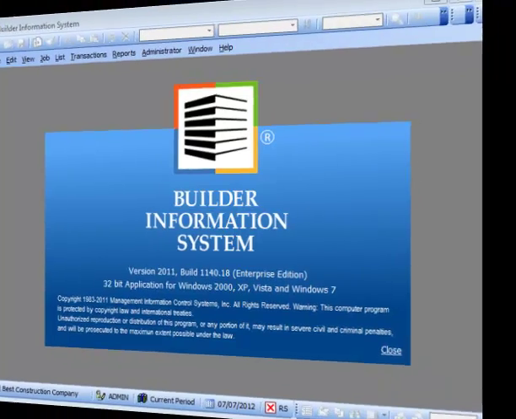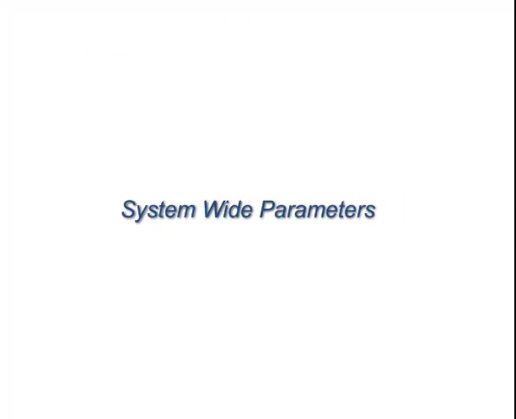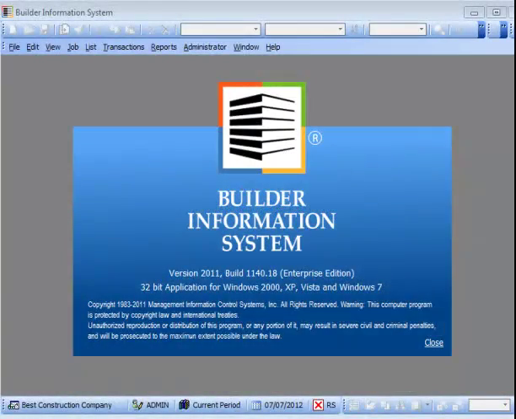This tutorial will cover the initial process for setting up system-wide parameters. As the name implies, system-wide parameters is an administrative area that provides default settings and options that are facilitated system-wide throughout Builder Information System. Having system-wide parameters set up properly helps to simplify processes and saves time when creating transactions